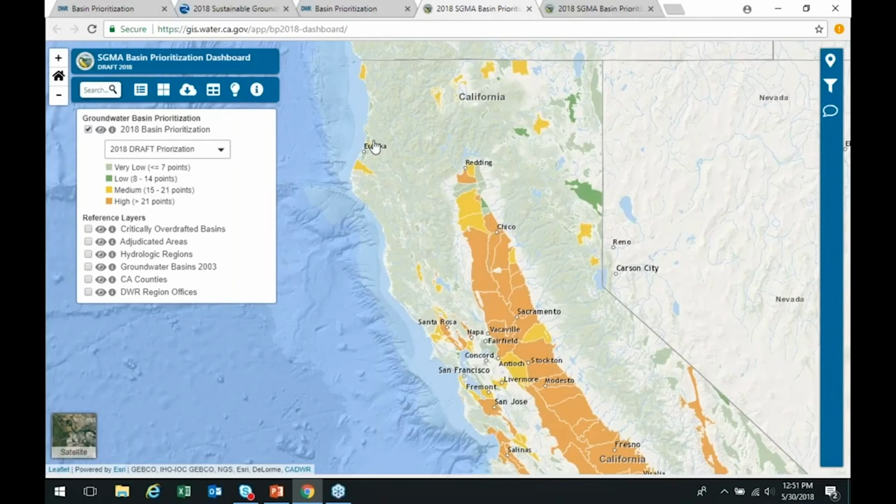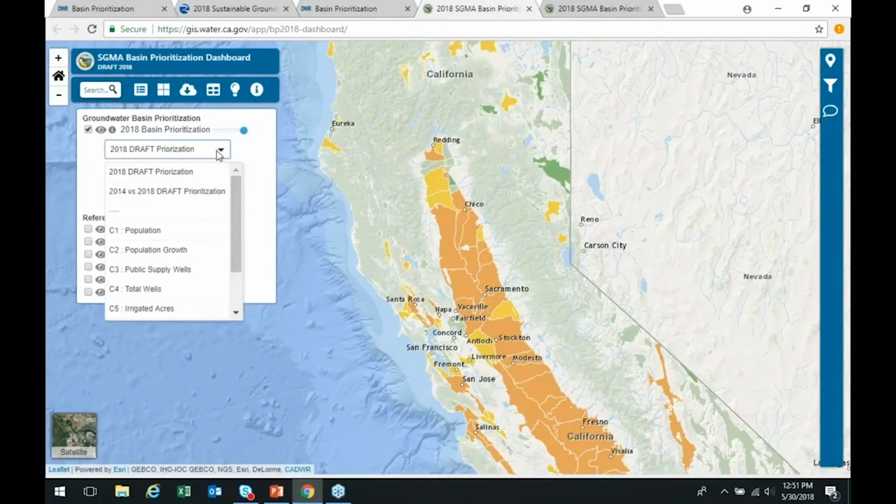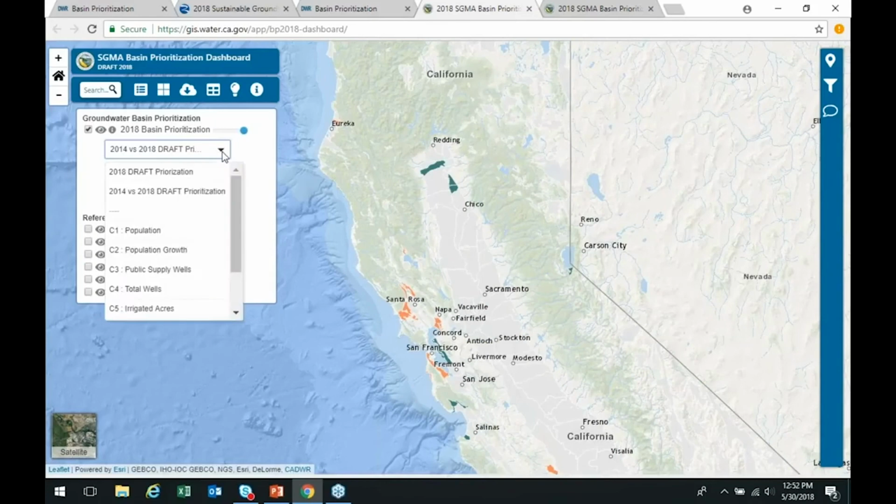The other key features here are the map layers. There's the basin prioritization information, both 2018, and you can compare 2014 to 2018 and see the change.